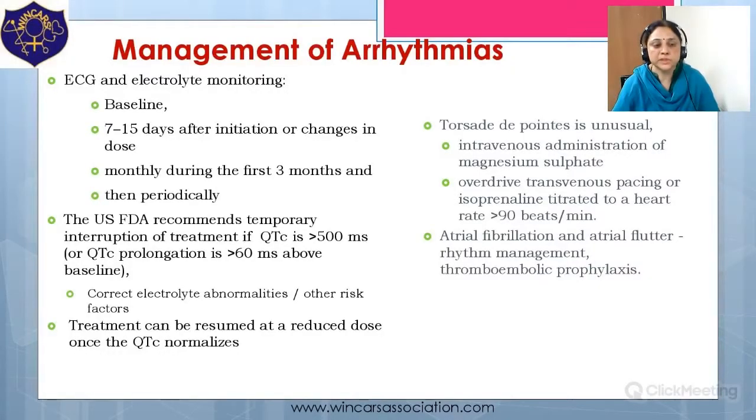Management of arrhythmias: ECG and electrolyte monitoring are required at baseline, 7 to 15 days after initiation or change in the doses, monthly during the first 3 months and then periodically. The US FDA recommends temporary interruption of treatment if the QTc is more than 500 or the prolongation is more than 60 milliseconds above the baseline. Correct the electrolyte abnormalities and other risk factors, and treatment can be resumed at a reduced dose once the QTc